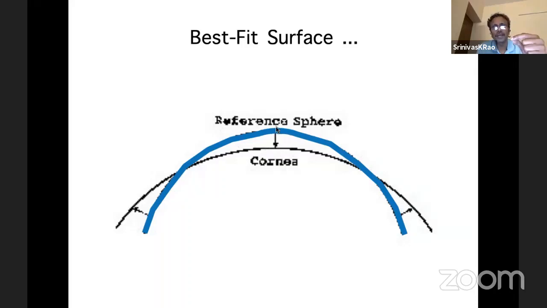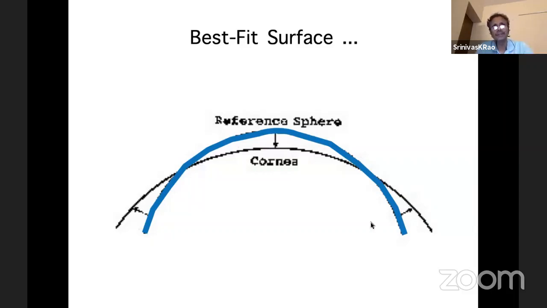So some of the points will be above the reference surface, which are elevated. They are called the peaks. And some of them are below the reference surface. These are depressed, and these are called the valleys. So only in comparison to a reference sphere does elevation data make sense. This reference sphere is computed by the machine by using some algorithm. So what it tries to do is to keep this reference surface as close to all of the data points as possible.